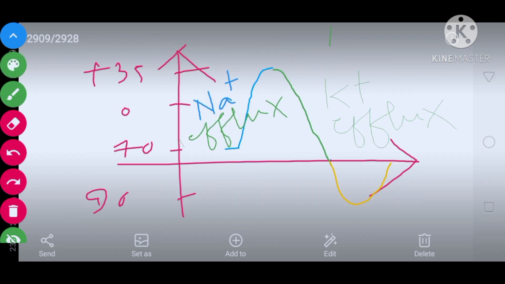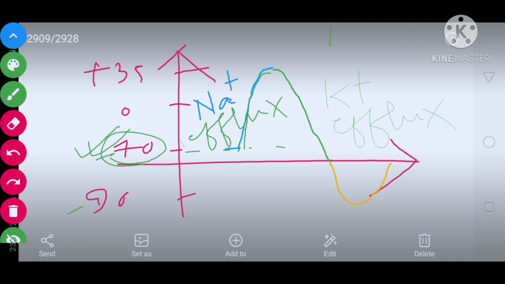So now the entire process is graphically depicted. Where you are seeing minus 70 written, this represents the resting membrane potential. Now as I've already explained, if you apply a stimulus, there will be opening of sodium gated channels, and entry of more and more sodium will result in the decreasing of negativity of the membrane, and as a result slowly it will become plus 35 millivolt.